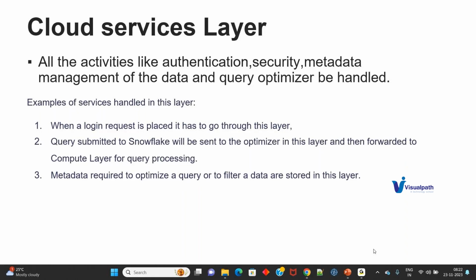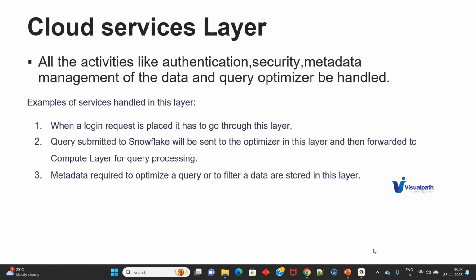So the cloud services layer will be maintaining information about each table's micro partitions: how many micro partitions there are, the record count in each micro partition, minimum and maximum values, distinct values, and null values. All this information will be maintained in the cloud services layer. This type of information will be helpful for optimizing a query. So in a way, the cloud services layer will hold all this metadata which is used